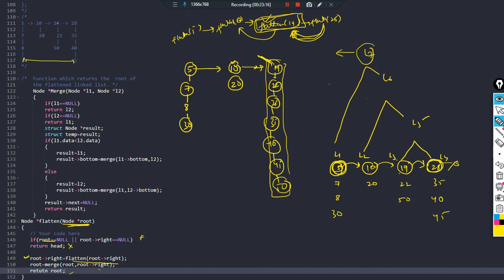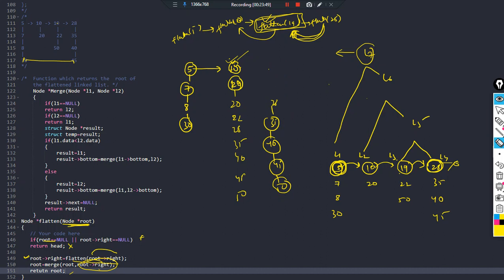Right, so we basically call this now, root equal to merge this linked list and this linked list. So current root is 10 and its root right is basically 19, right? Root right, what did it return? Root right has the address of 19, right? So this will also be merged. This will be merged into a single linked list that will be nothing but 10, 20 followed by, we will be having 19 here, 10, 19, 20, 22, 28, 35, 40, 45, 50, and this will not be there because we have merged them into a single linked list. Getting the point? You see how beautifully recursion is helping us to solve this particular problem.